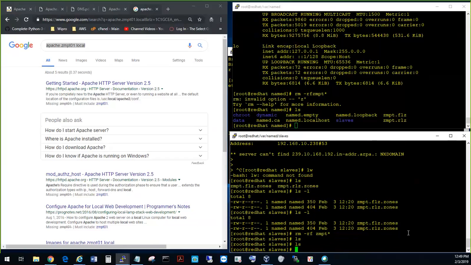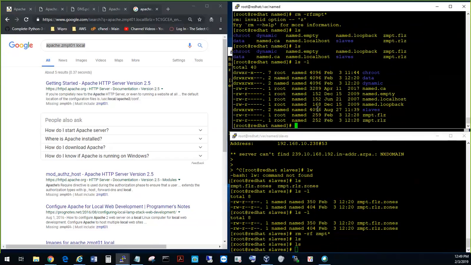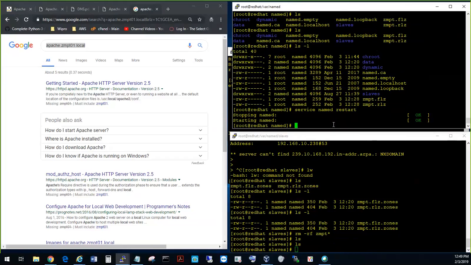Okay, whenever I do any changes in here, let me just restart the service. Okay, now if I do ls,